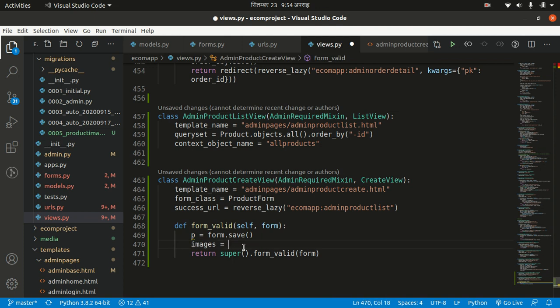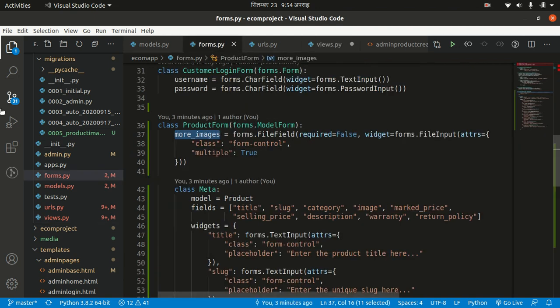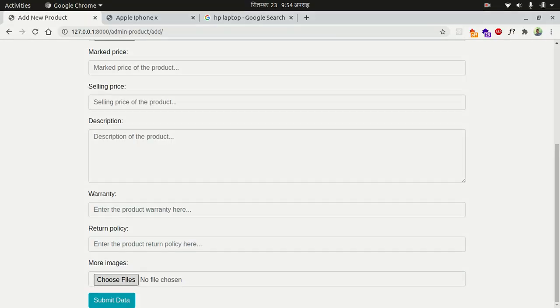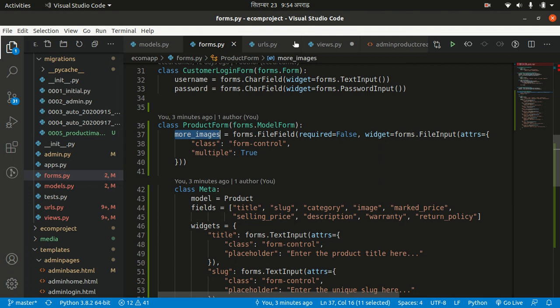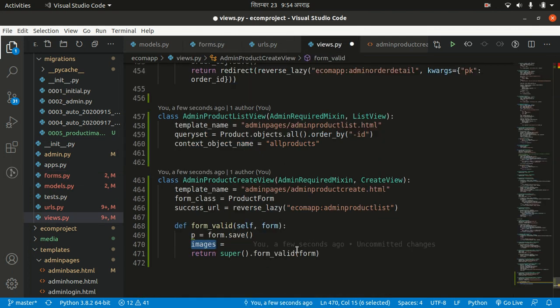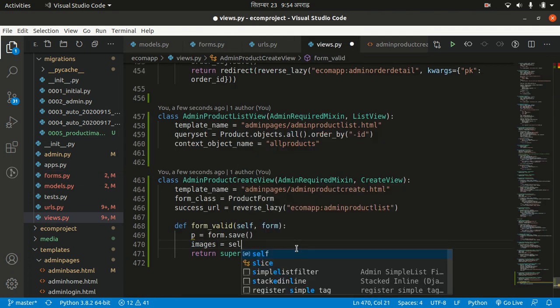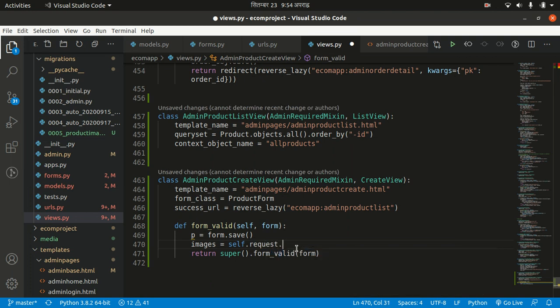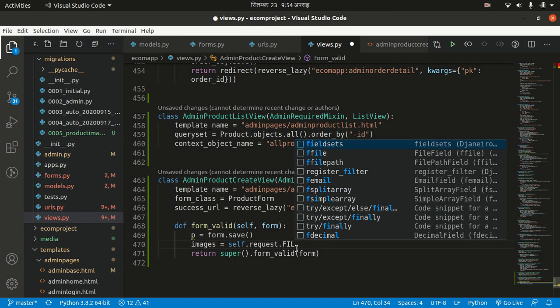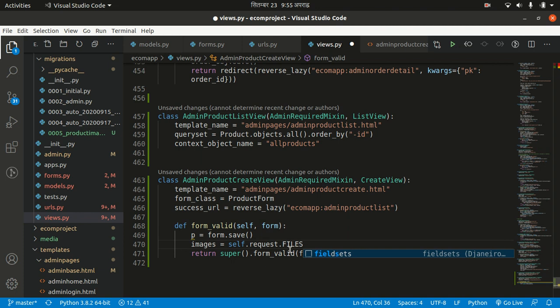Okay, images, I just write images here, and I want to get the values of this field. Since multiple images can be uploaded from here, we need to write self.request.FILES, since it is a post request and files is the response. self.request.FILES will catch the files